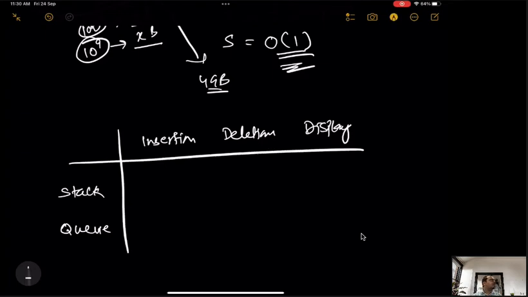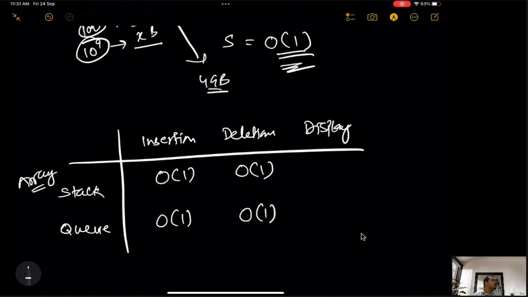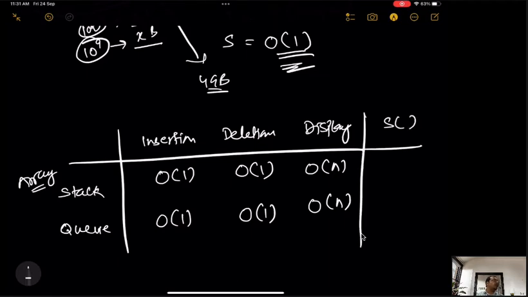We have already talked about the time complexity. If we are implementing using an array, then insertion and deletion both were taking big O of 1. But if we have to print n elements, then we have to run a loop n times, and that n depends on how many elements I have to display. So that's why it becomes big O of n. But in space complexity, what should I write? If I want to have a stack of n elements, for storing n elements, the size of the stack will be n. But for insertion, what is the space complexity?